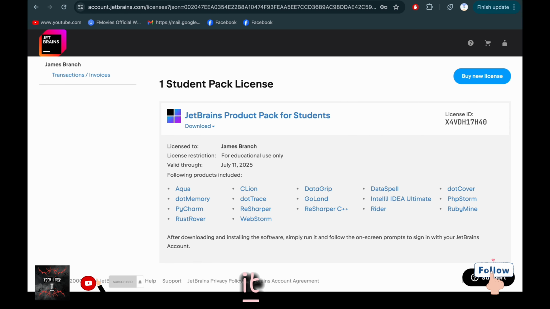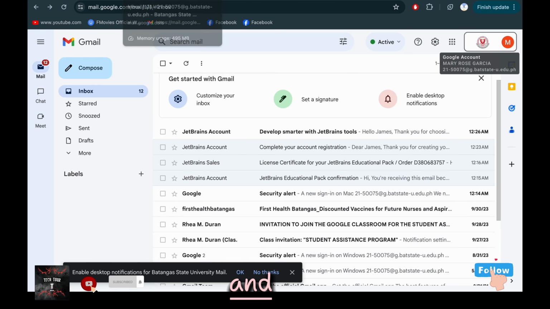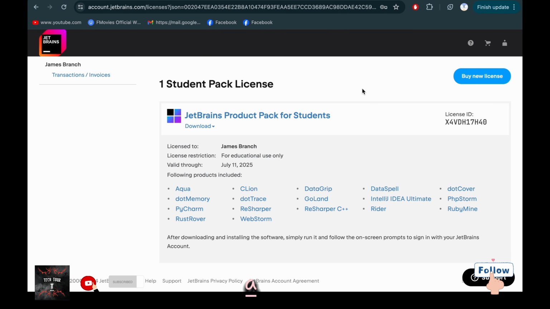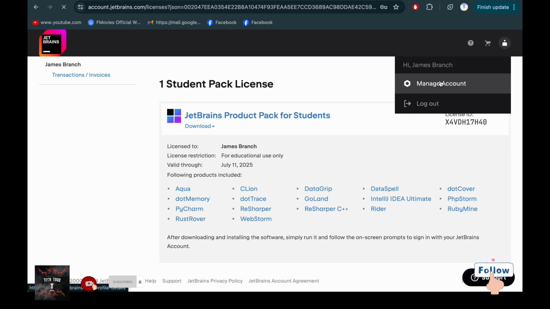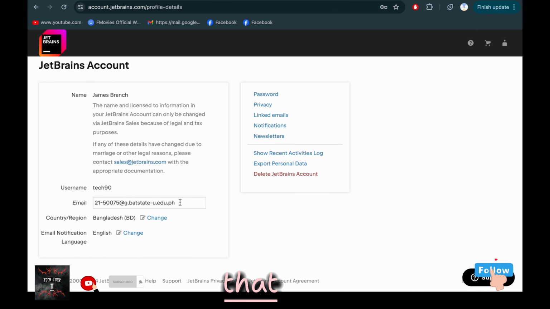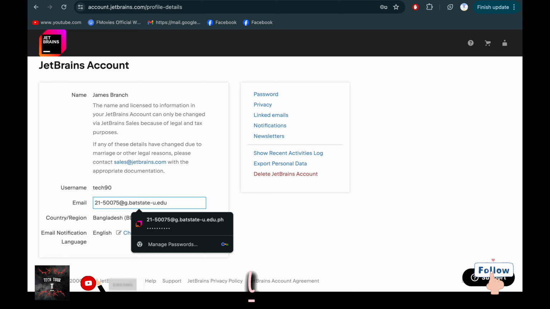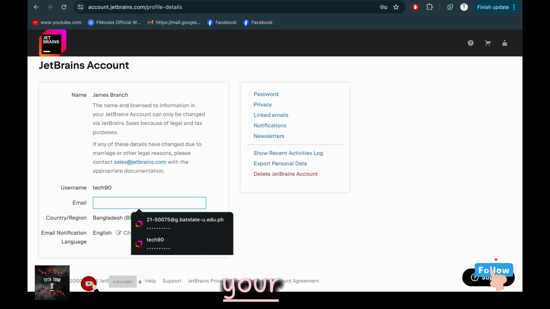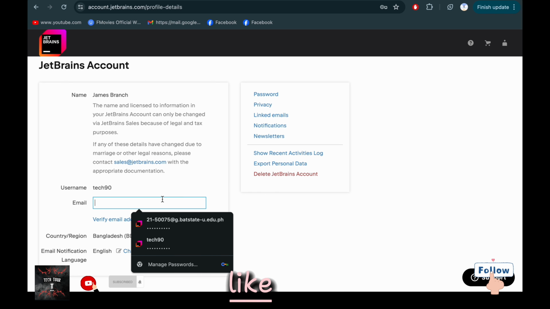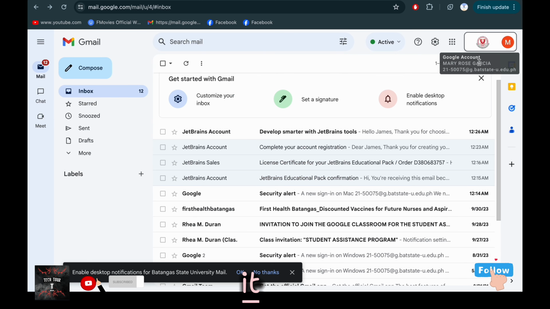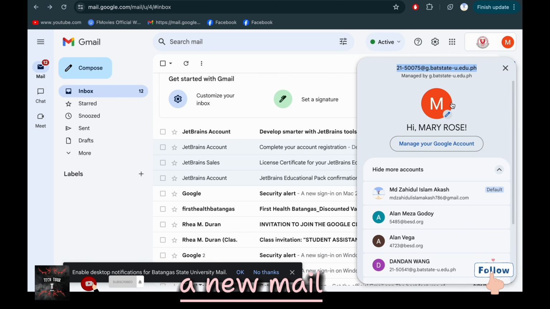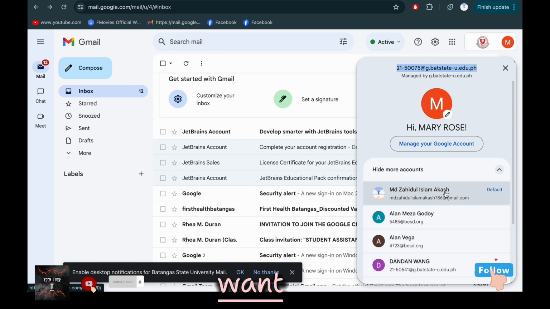You can log in easily. And also there are many options to maintain, like that. You can change this mail with your own mail. I want to change it to a new one. I want to change to my own mail,